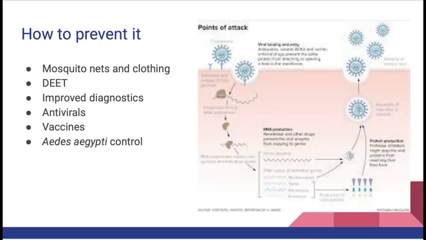So how can we prevent it? The biggest measure is mosquito control. It's the most effective method in controlling the spread of the virus. This includes installing mosquito nets around doors and windows of your house. It is also important to remove any containers that can collect and maintain any standing water. That's especially important because that is the area where mosquitoes tend to breed. When outdoors, it is important to wear long sleeves and long pants, also using any insect repellents that contain DEET